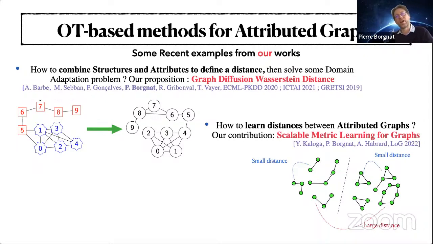And we'll put the focus on 2 different works we've done on that. The first one is really to define a distance on attributed graphs using optimal transport and heat diffusion of the graph. And the second one, in the last part of my talk, will be about doing metric learning for graphs